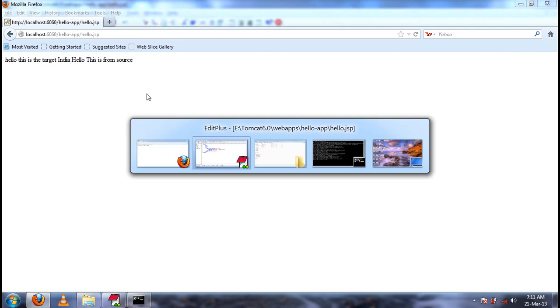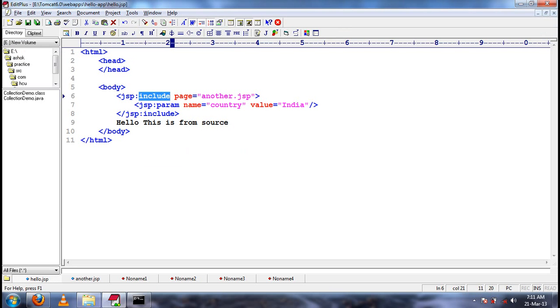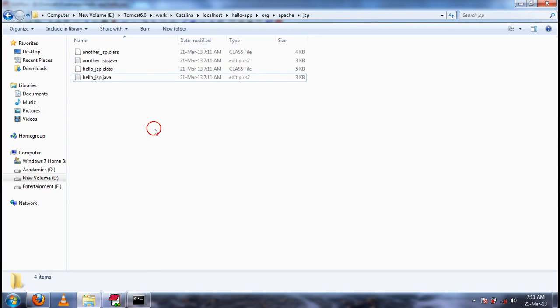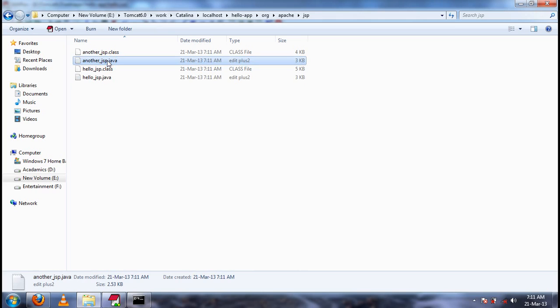The same content is printed, but if you see the generated servlets, how many servlets are generated? Two servlets are generated. One for source, another for target. The source here is hello.jsp, target is another.jsp.